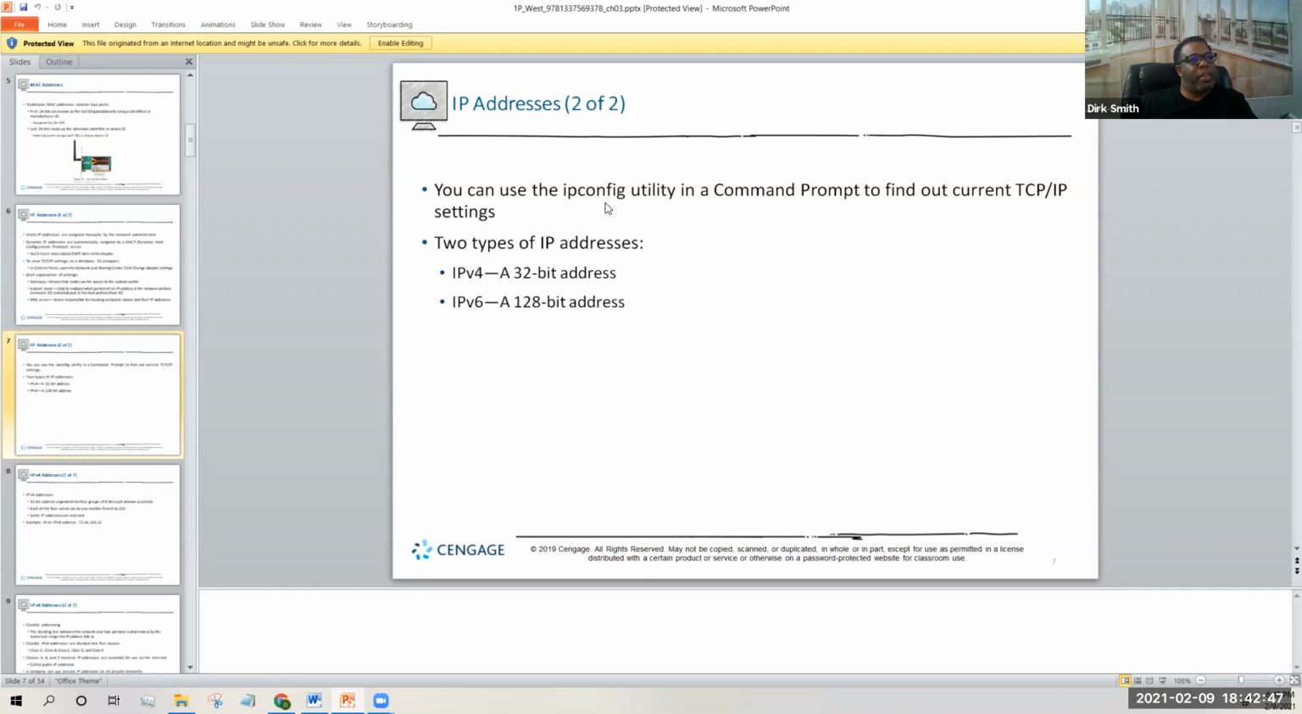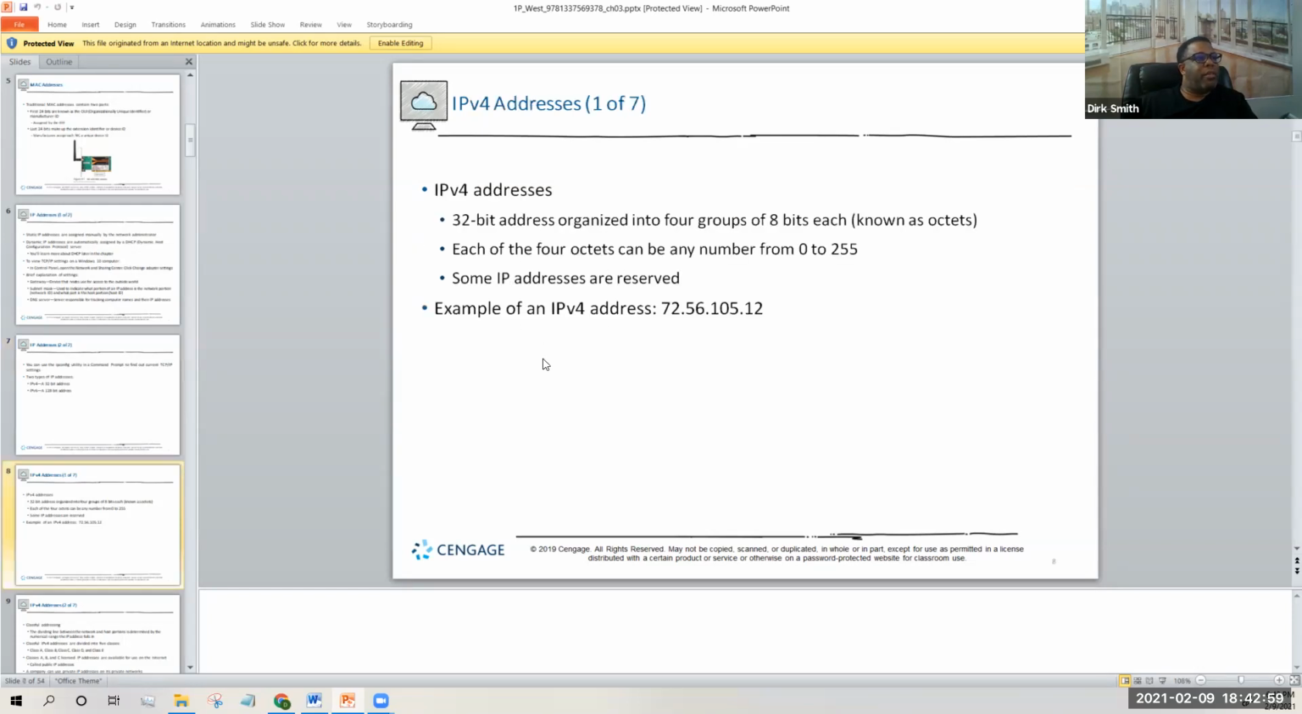So I used the IPCONFIG utility just a second ago in that DOS command prompt, and it gave me some information and told me some things about that. So we kind of already did that a little bit there. We're just going to talk about IPv4 a little bit here. It's a 32-bit address, and it's organized by 4 octets. They're all 8 bits apiece. So 4 breakdown segments, like right here on the bottom,